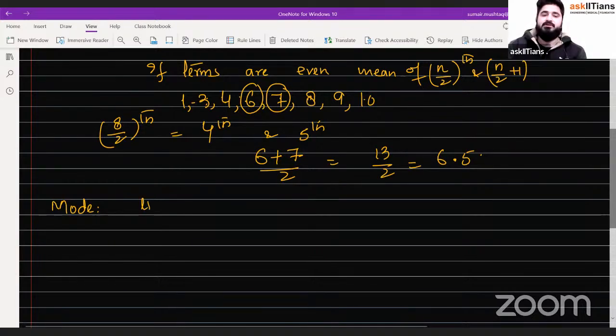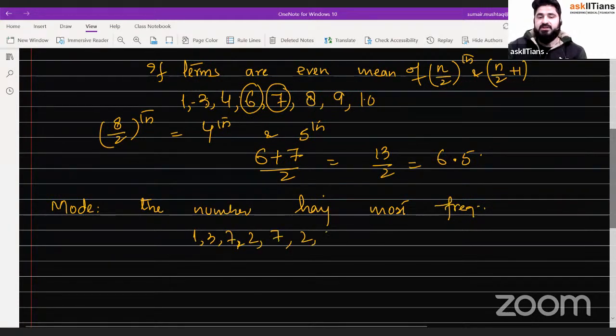The number with the most frequency. Yeah, a number having most frequency. For example, you have 1 3 7 2 7 2 7 2 3 4 3 2 1